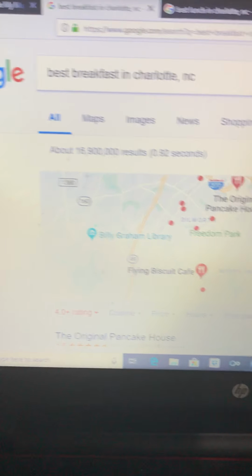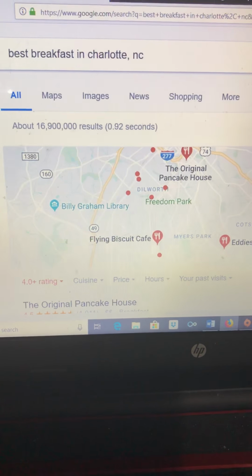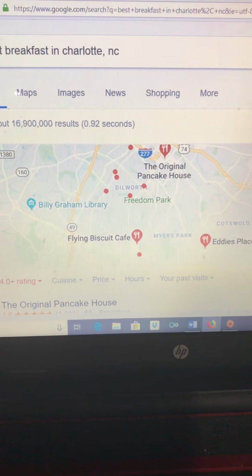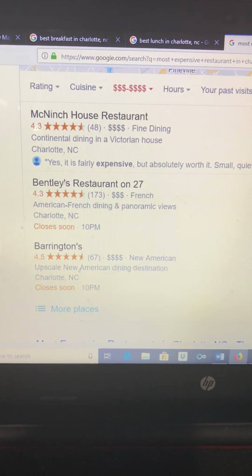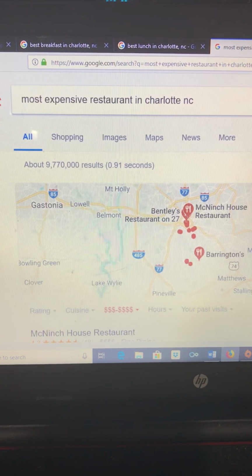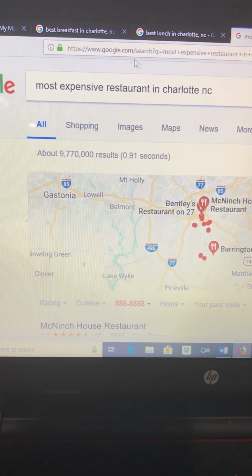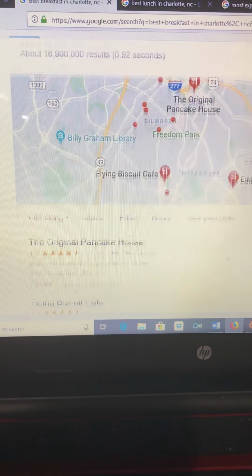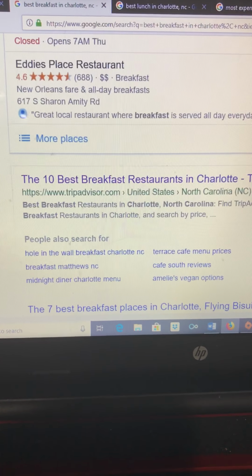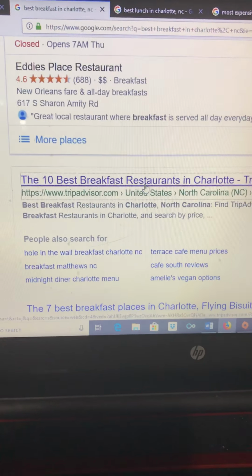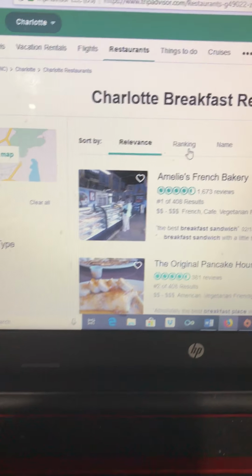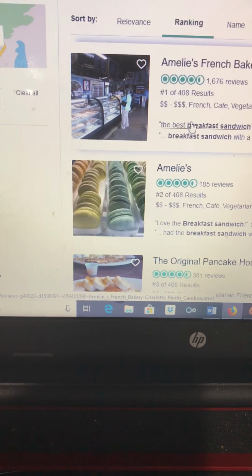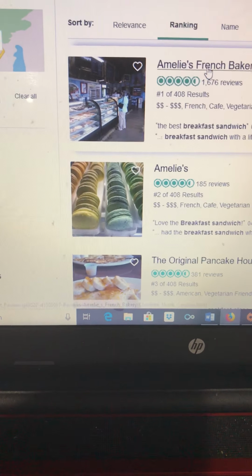Well, how am I going to decide what I'm eating? I went to trusty old Google and I said, best breakfast in Charlotte, North Carolina, best lunch in Charlotte, North Carolina, and most expensive restaurant in Charlotte, North Carolina. Let's find something for breakfast. So I'm going to come down here. Okay, 10 best breakfast restaurants in Charlotte. Let's click that. I'm going to go over here to ranking because I want to eat the best. All right, it says here,